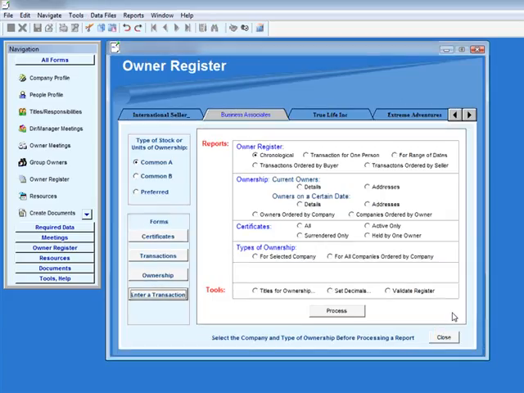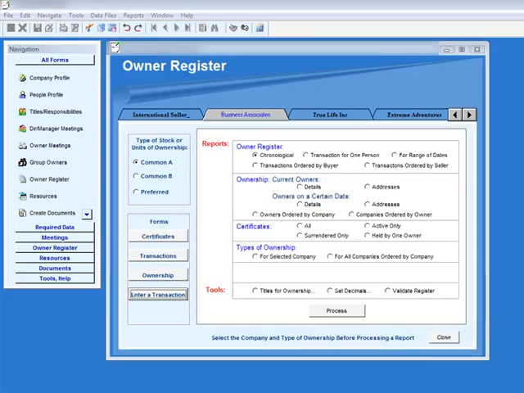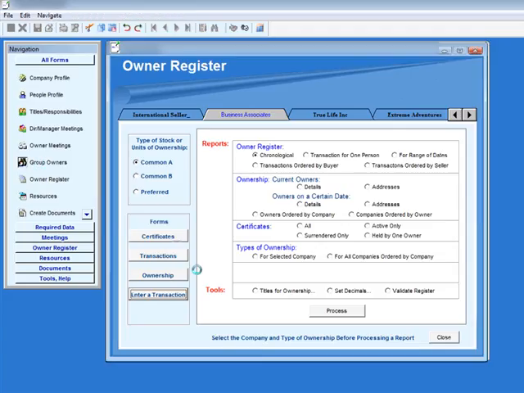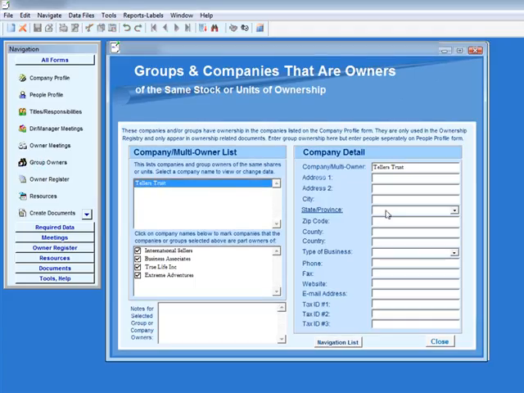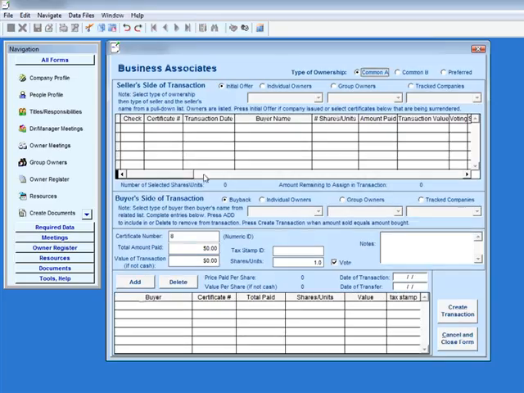Another type of transaction involves multiple sellers trading multiple certificates to one buyer, creating only one certificate for the buyer. The sellers must be a group, selling one or more certificates to one buyer. If the sellers are not already in the group owner form, return to the group owner form and list the individuals as a group. Then transactions need to be created transferring ownership of each of the certificates owned by individuals